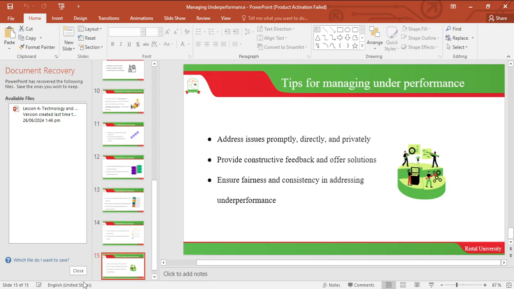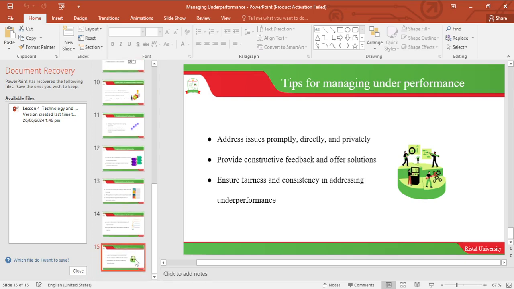So these are some of the ways how you implement the action plan to make sure that you manage the performance of your employees in your organization. So with that,